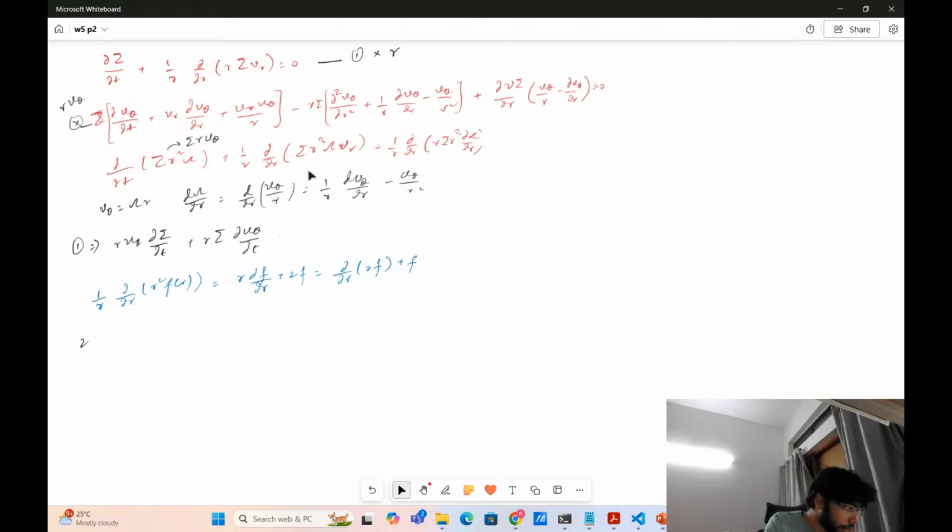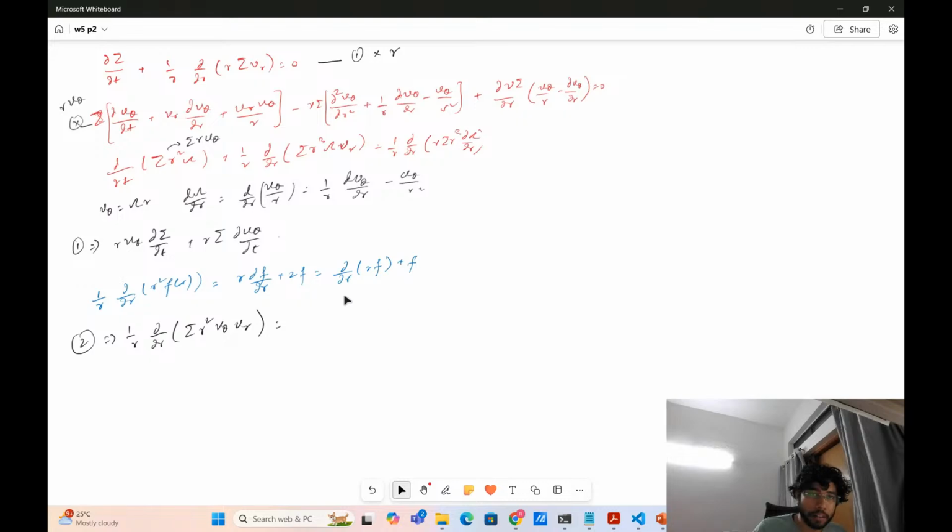So let's look at the second term. The second term is 1 by r ∂/∂r of σ r cube omega dr. Well, omega is, as I said, v theta by r, so we can write this as r square v theta. So now this term has reduced to something of this form: 1 by r ∂/∂r of r square times f. Here f is just σ v theta vr. If we just apply the above formula, we will get